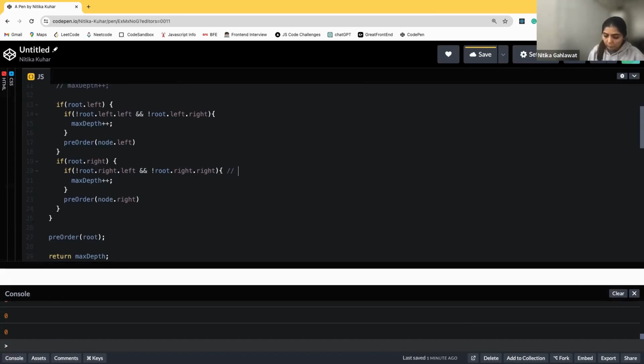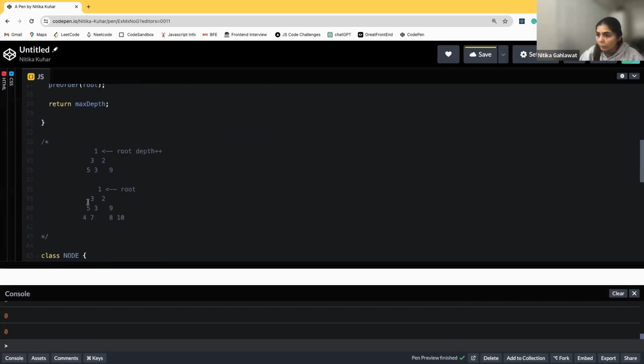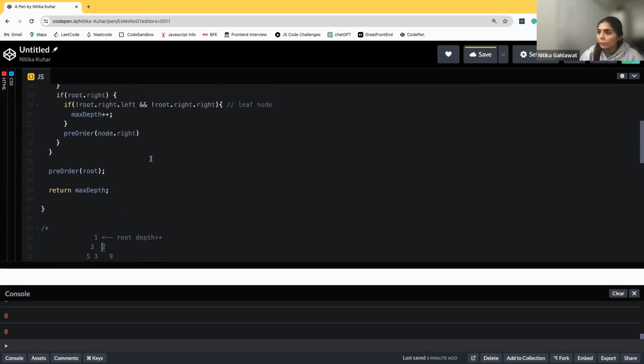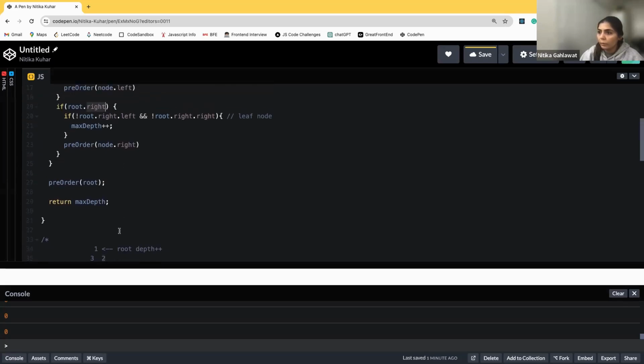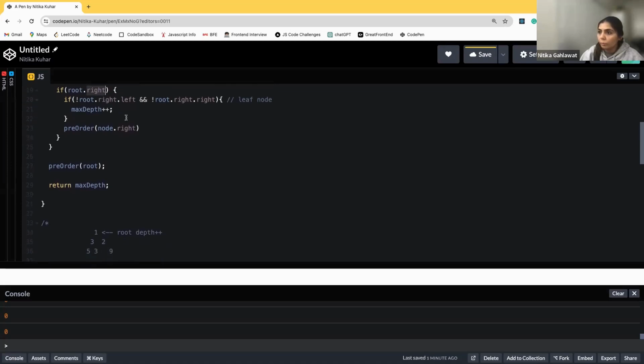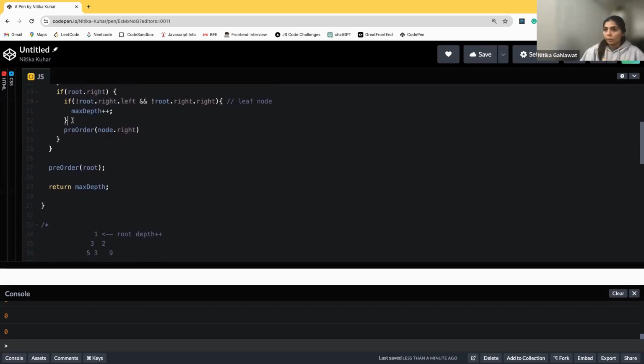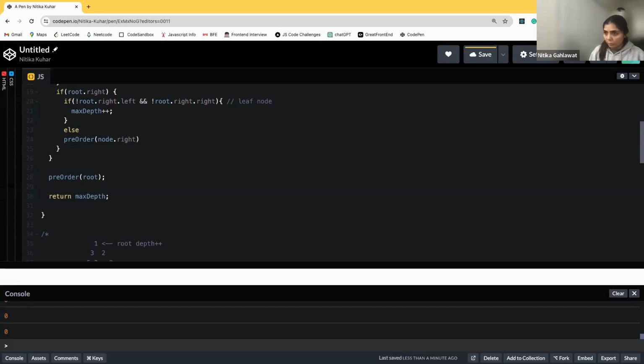This means it's a leaf node. First condition, leaf node. This is a leaf node. Now, right? This is the leaf node. So now if it comes here, we have this root.right, and this root.right doesn't have this, so it won't go on this. Okay, so if and else if, we also check if any of the